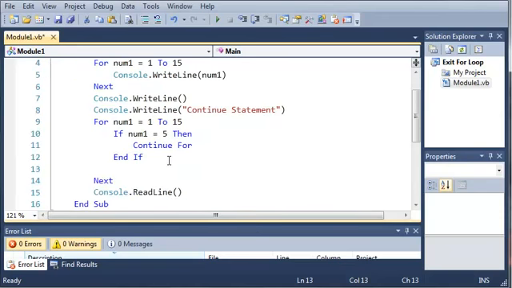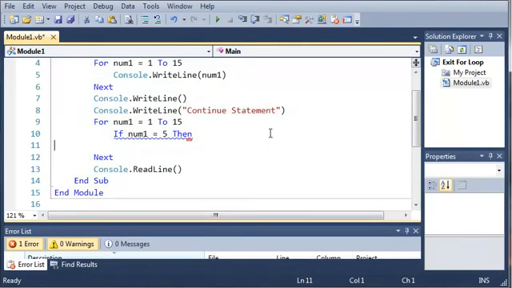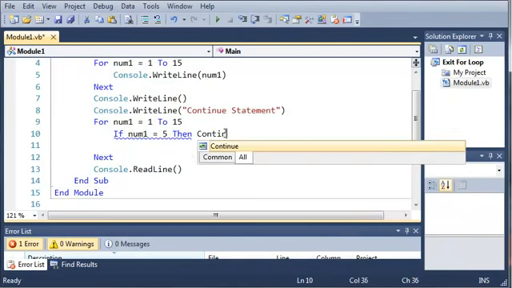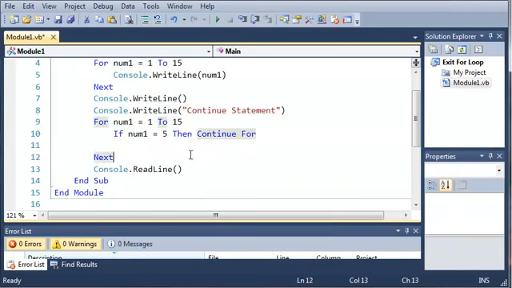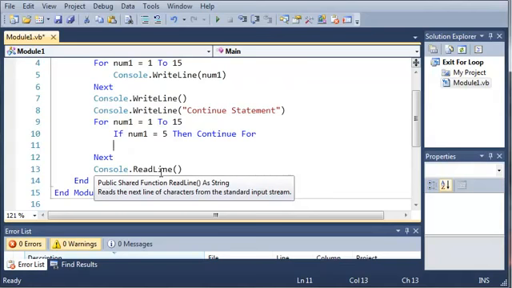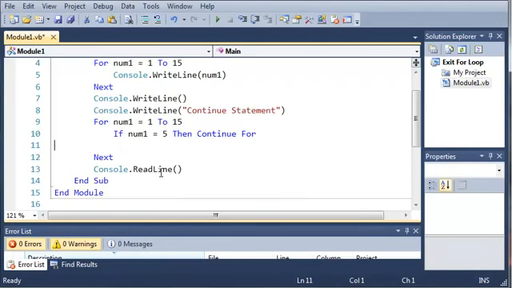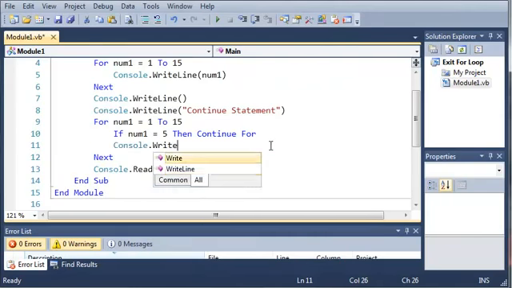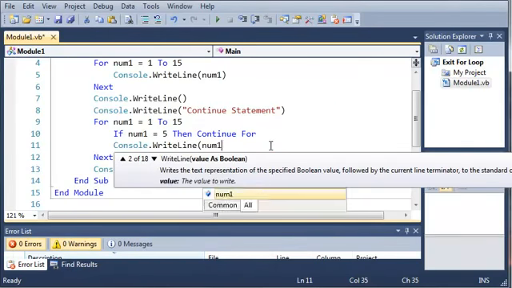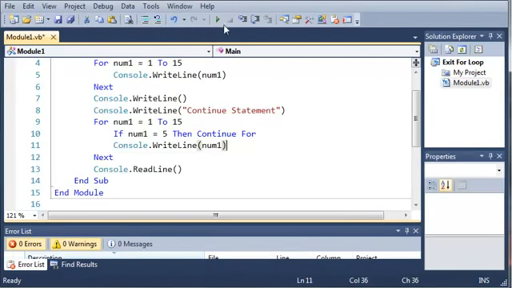Now here's a trick that I wanted to teach you guys in this tutorial. If you have an if statement with only one line of code in between then and end if, you can just go ahead and take out end if and do this instead. So if num1 equals 5, then continue for. And by doing this, you don't have to have the end if statement, and your code is a lot neater and easier to read. So now that we have our if statement done, we'll just do console.writeLine num1. So if we go ahead and run this,